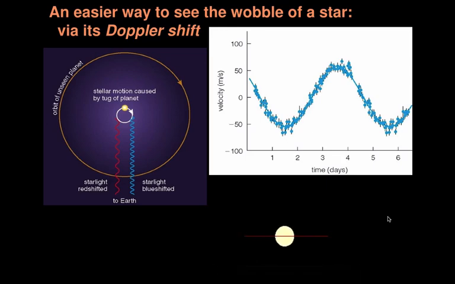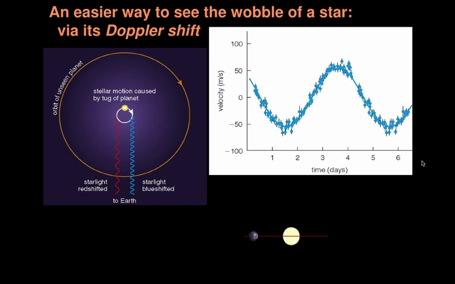All right, so as that star comes towards us, we're going to see a blue shift. When it goes away, you're going to see a red shift, right? Towards and away. Both of these processes are using the same phenomenon, that motion of the planet moving that star in the center. This is what we call the Doppler wobble method, because we're using the Doppler shift to see the wobble